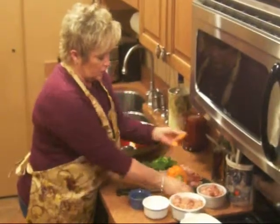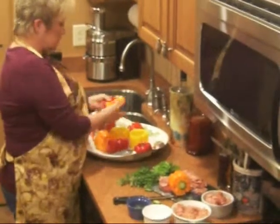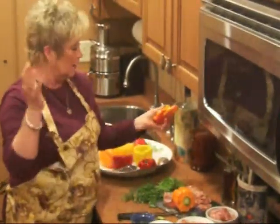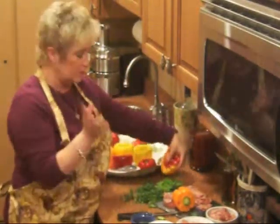and discard the center. Ladies, what I do with the tops, we're not going to use them tonight, but I put them in a plastic bag. If you're going to make an omelet or something the next day, Western omelet or whatever, you can use these pepper tops. So just cut them up, dice them, and put them in a bag and put them away